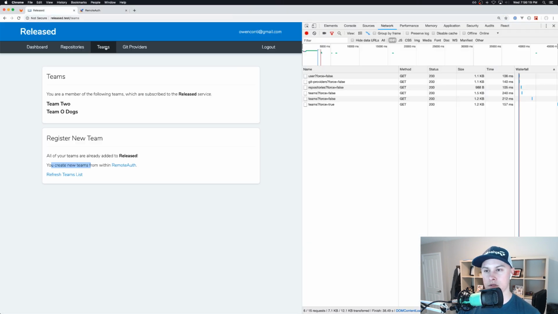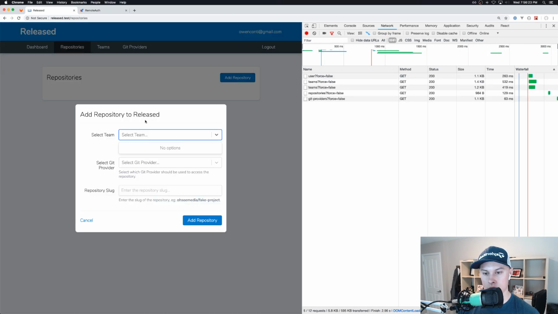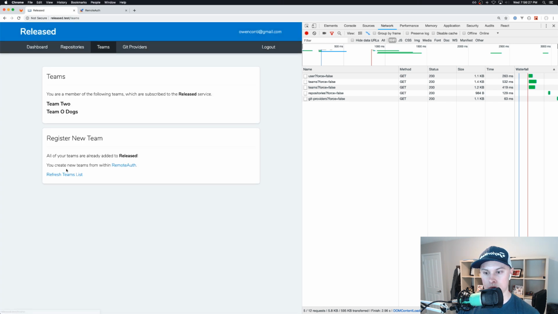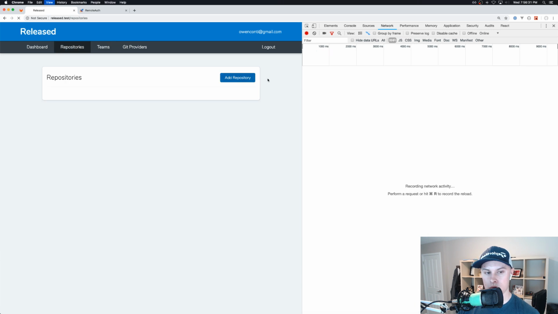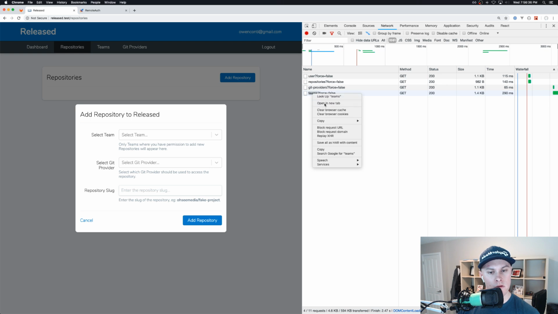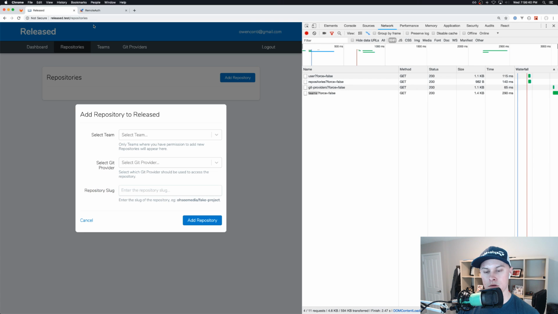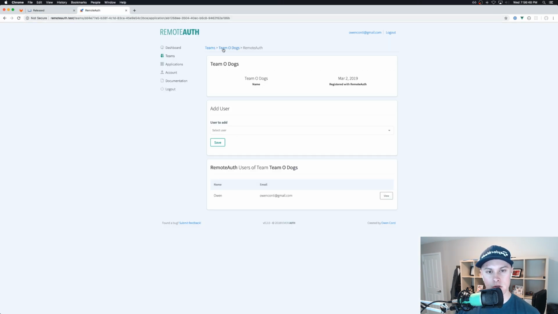Okay, let's see if that pulls. Why? Oh, only teams where you have the permission to add new repositories. Because I don't have the permission. Okay, so